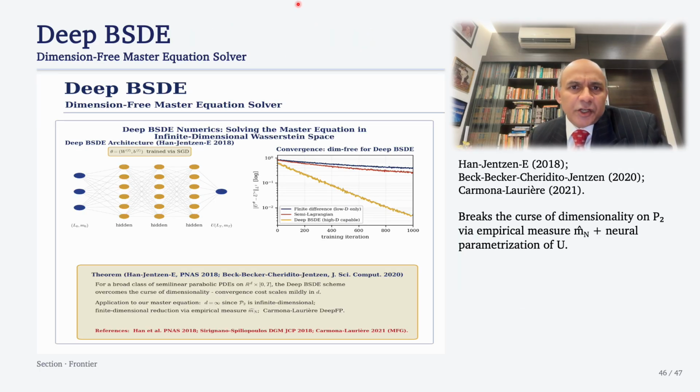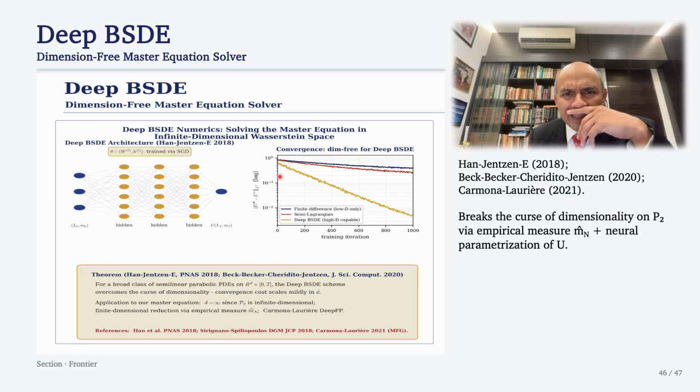This slide is the engine room, how we actually solve the master equation. So the problem is that the master equation lives on Wasserstein space, which is infinite dimensional, so finite difference and grid methods die from the curse of dimensionality. Deep BSDE escapes that. It reformulates the PDE as a backward stochastic equation and trains a neural network to learn the solution at a cost that doesn't blow up the dimension. The convergence plot, as you can see here,